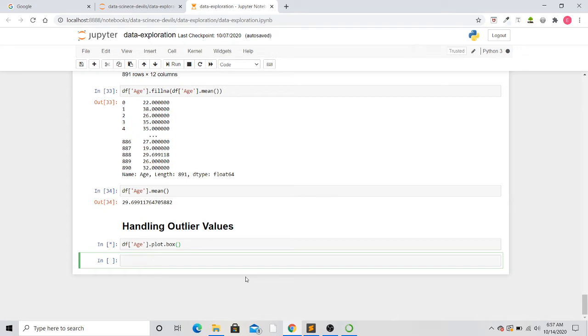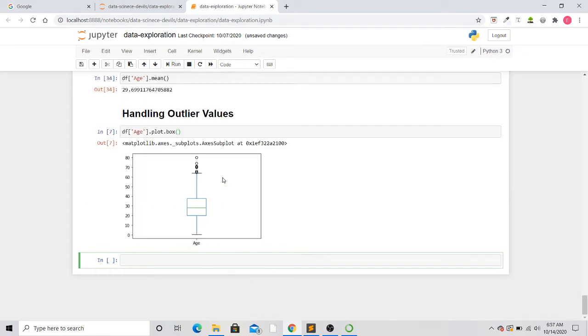I don't know why it is taking a lot of time. Okay, so it is done. Now before moving on to understand where my outliers are present, I will first explain what you mean by a box plot. A box plot divides your data set into the minimum and maximum. This is the minimum age and this is the maximum age, and the major part of your data will lie in this box.